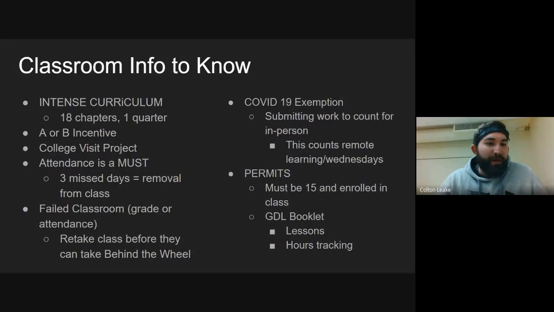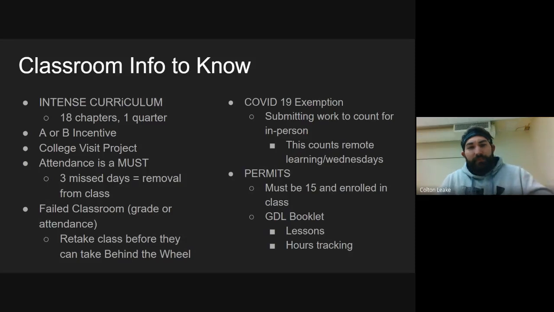That third bullet point on there says college visit project. You can basically ignore that. Those that might have had kids that have gone through the system before, you're probably familiar with that project from previous teachers and previous regimes, which probably isn't the right word for that. But because of us dealing with COVID right now, that college visit project is a real pain for us to try to fit in. So that has been thrown to the wayside for right now. We're focused on getting all the other information in and dealt with.